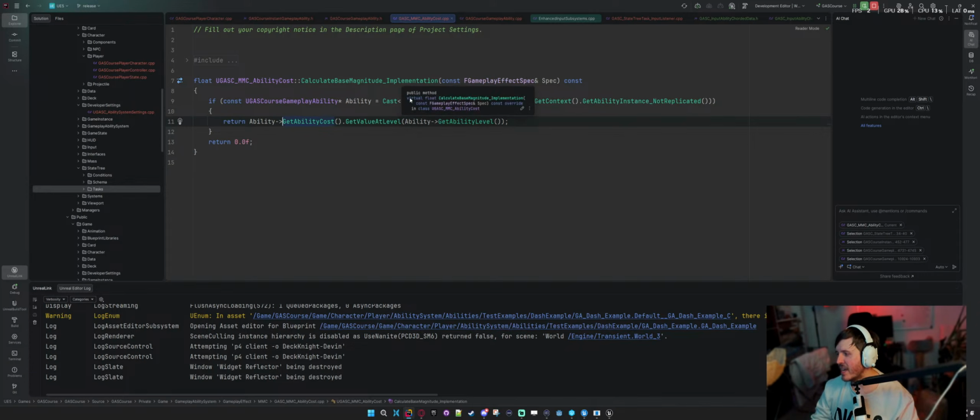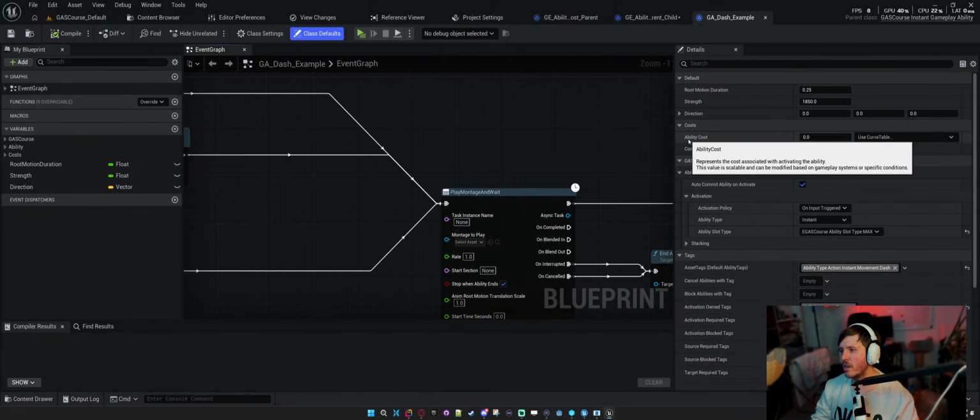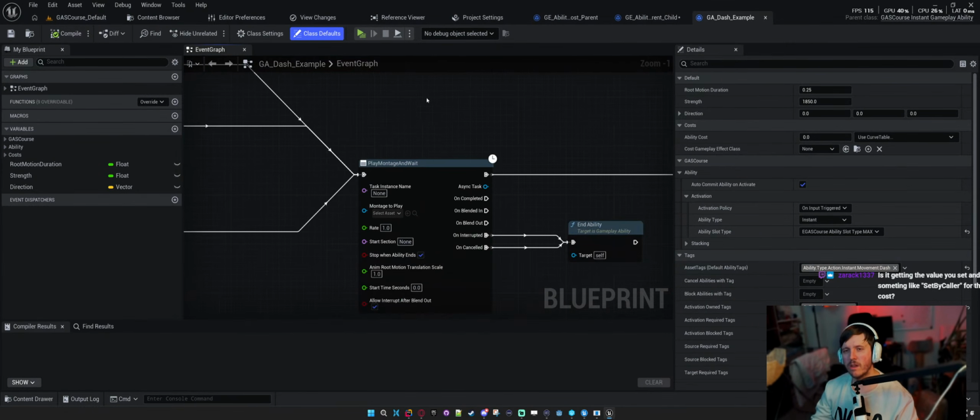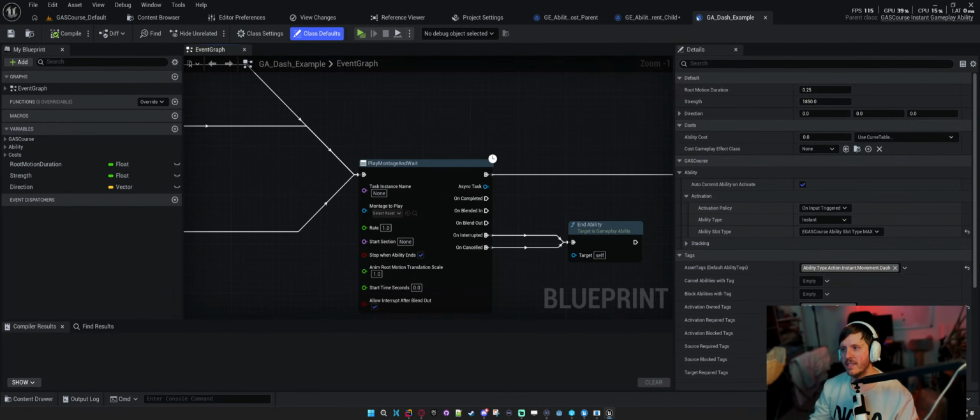So essentially what happens is, the ability cost is a custom parameter. The cost gameplay effect class isn't. That's a default thing. So what you can do is in that